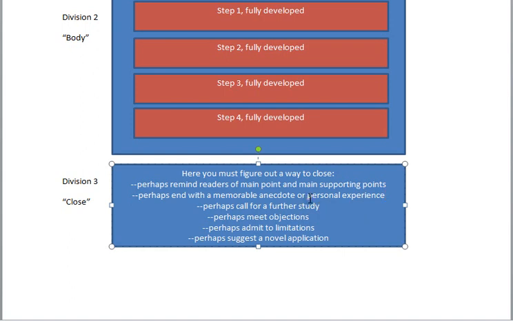Now, let me just make a note about personal experience. If you're going to bring personal experience into the paper, it belongs in the intro as a hook, or it belongs in the close. Okay, notice I'm not saying conclusion. Conclusion is your thesis. The end of the paper is the end of the paper. Okay, so it belongs in the close. The reason for this, the personal experience, is that